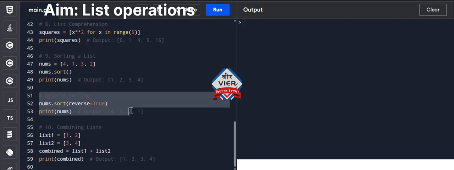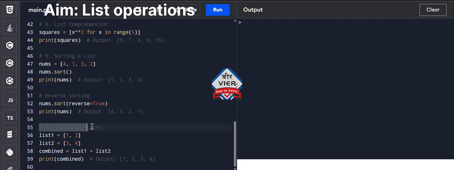List comprehension, the Pythonic way. This is a key concept for writing clean, efficient code. List comprehension allows you to create a new list based on an existing sequence in a single, concise line. squares = [x**2 for x in range(5)] is much quicker than writing a full multi-line for loop. It essentially